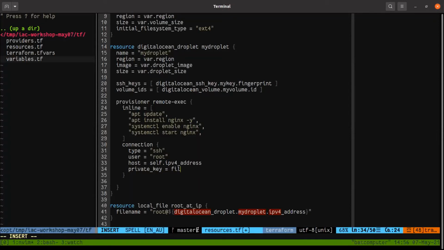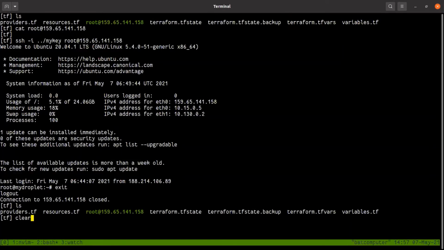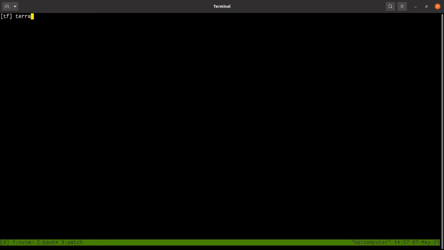Private key. So I'll use file to load it. So that's the private key. Okay. So let's try this. If I do this, if I go terraform plan,